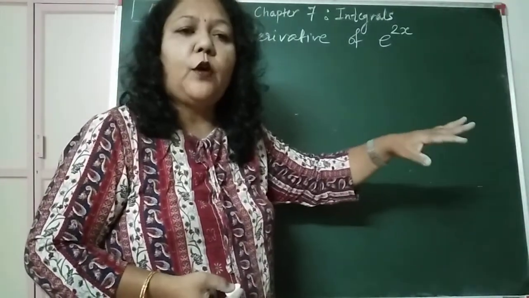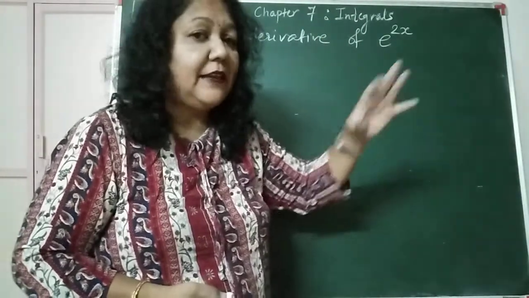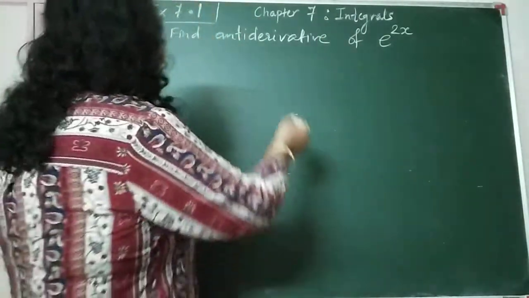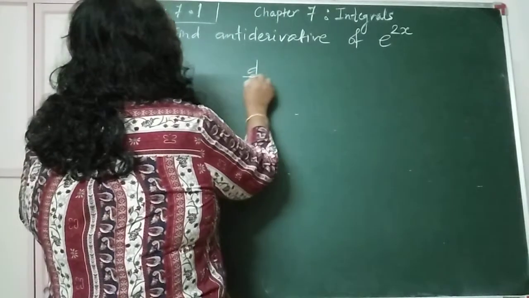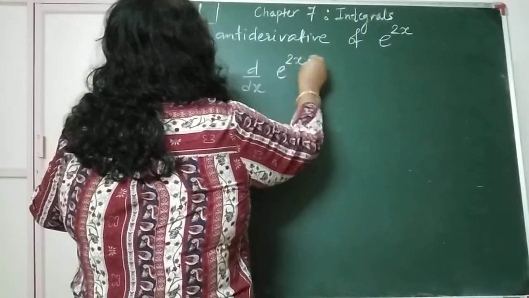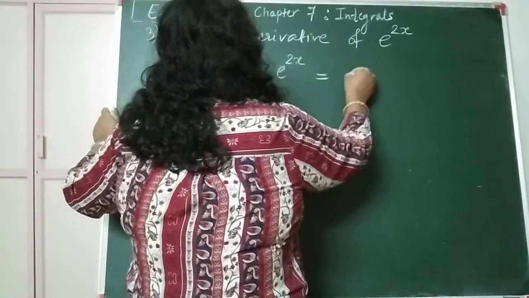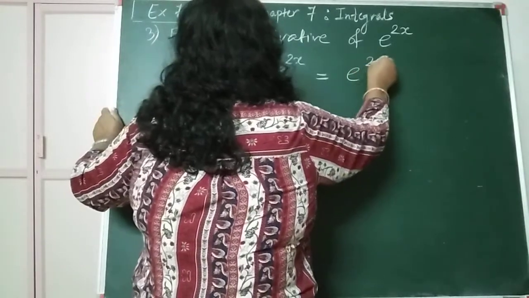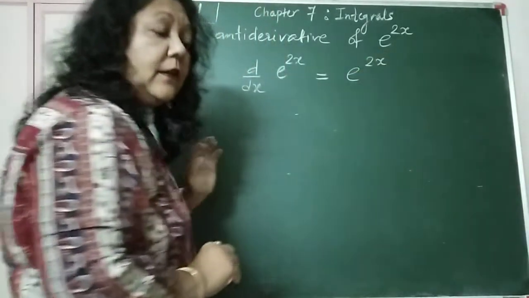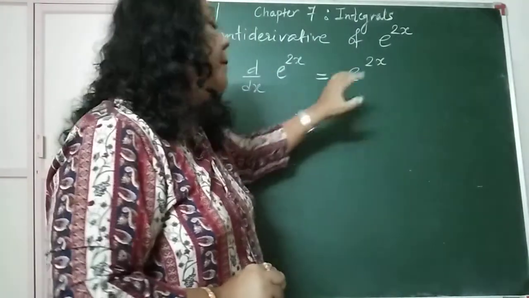भले चेन रूल बाद में फॉलो होगा, but e raised to something is, the answer is going to be back e raised to that same thing. So therefore I start with it in this manner, d by dx of e raised to 2x. So the answer you all know after, because now you have learned in differentiation. So the answer is e raised to 2x. So e raised to 2x ka differentiation is e raised to 2x. But